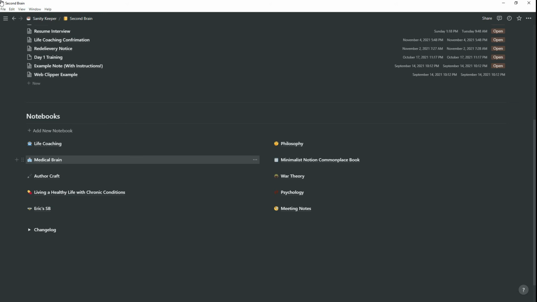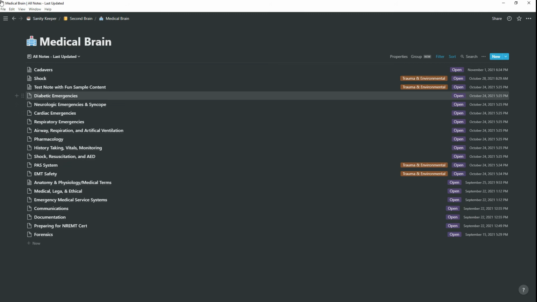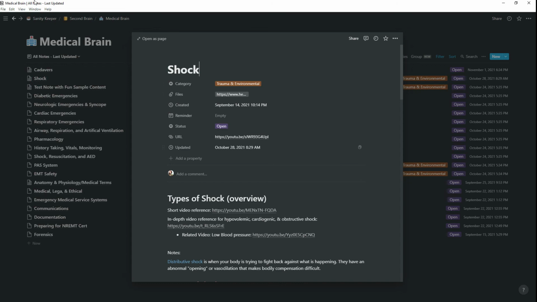For a book that I'm working on, this character that I'm writing is supposed to be really good with medical stuff, but I am not a medical person. I don't know a lot, so I'm in the middle of researching all of these things right now. And you can get as in-depth or not as in-depth as you want with these notes. It's really up to you.